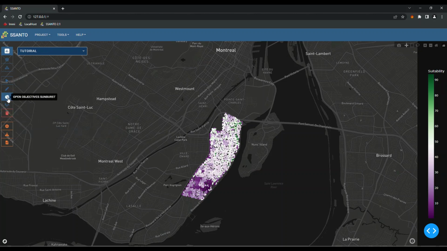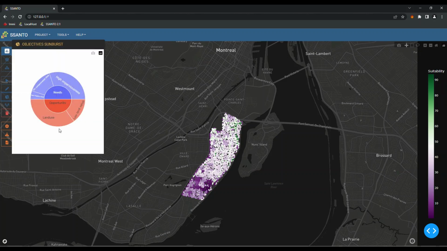Other than that, we can also have a look at the objectives hierarchy sunburst. This will give you some information on which objectives are in our objectives hierarchy and how they're weighted. So we have two main objectives, as we can see here, needs and opportunity. And the needs